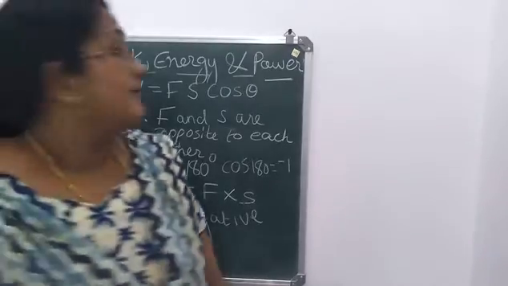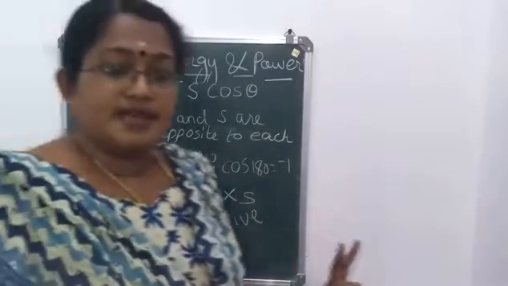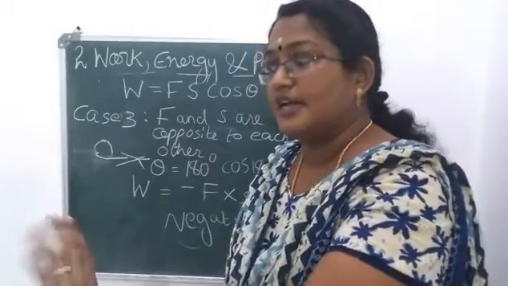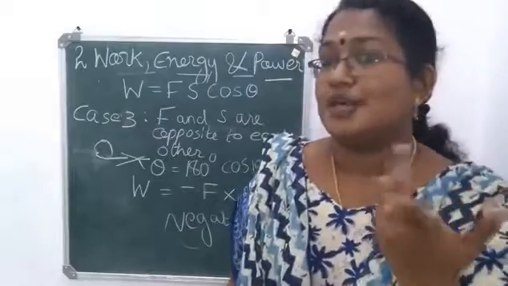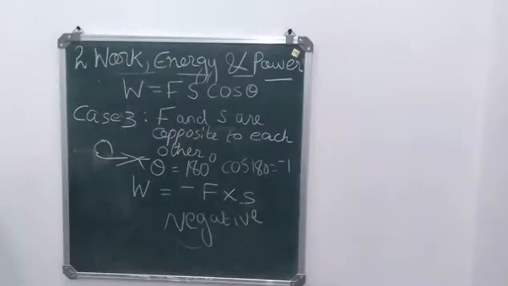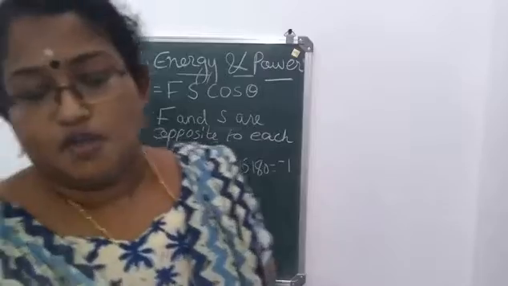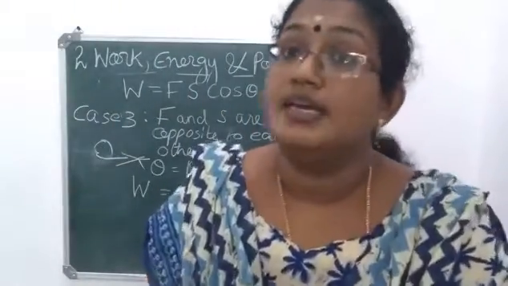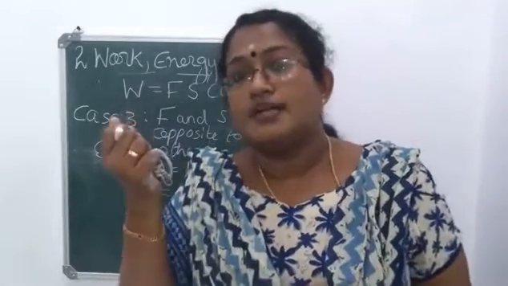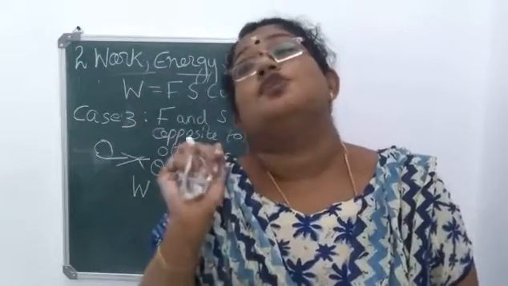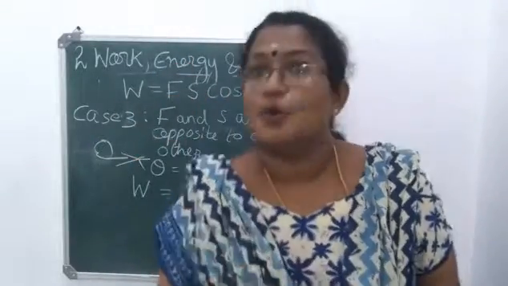Then, the example what we said is about friction. So when a body is moving, it will be moving in one direction. With respect to the frictional force, you can say that the work done is negative. And one more example is given in your textbook. That is, when a ball of mass m is thrown upwards, then the displacement is opposite to the gravity. So when you are throwing a ball in the upward direction, when you are considering the motion of the ball with respect to the force which you apply, that is positive work.